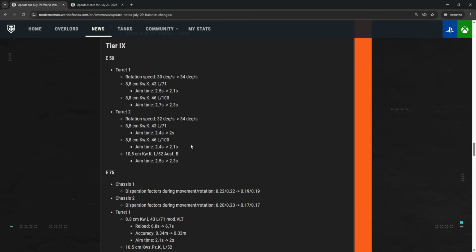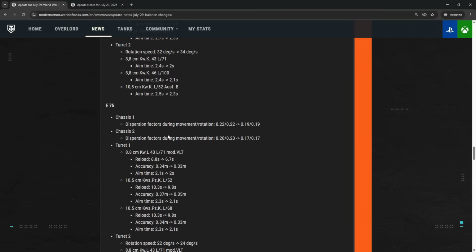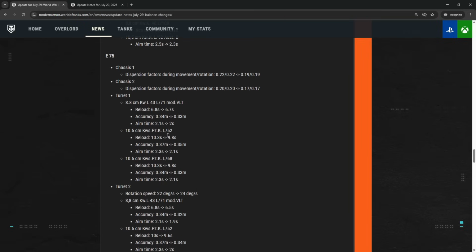I haven't played E50 in a while, but I don't think it's been buffed for a while, so it doesn't look too special here. E75, very solid tank, and this one has been buffed, and this seems like a nice buff again. Dispersion during movement and rotation by